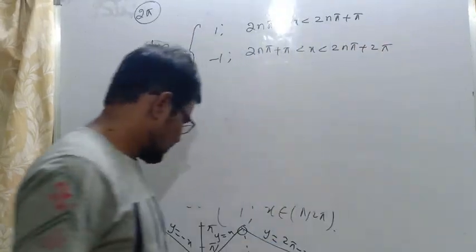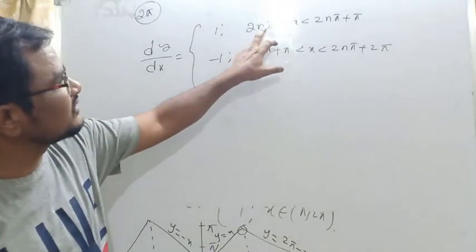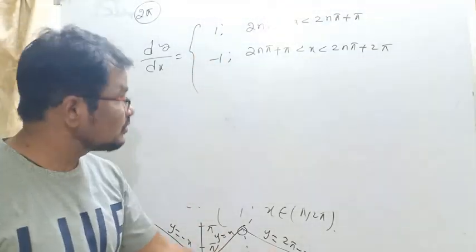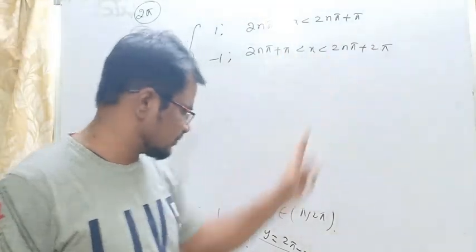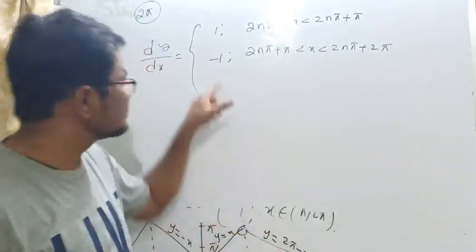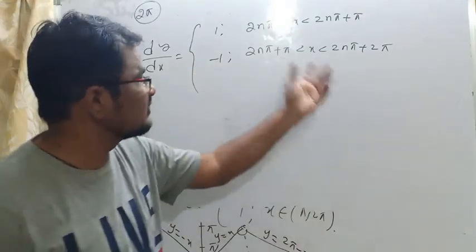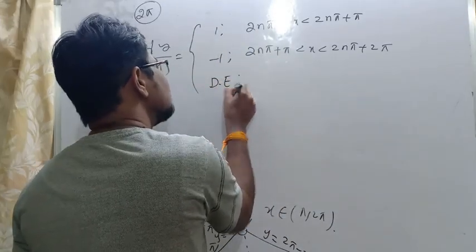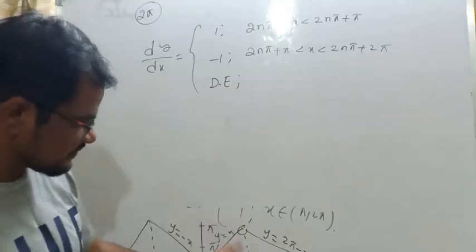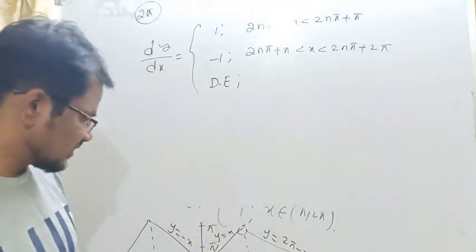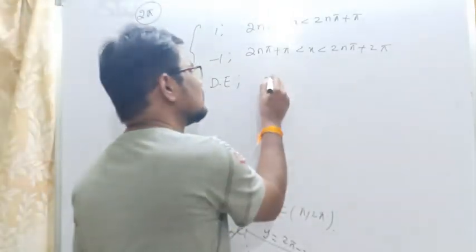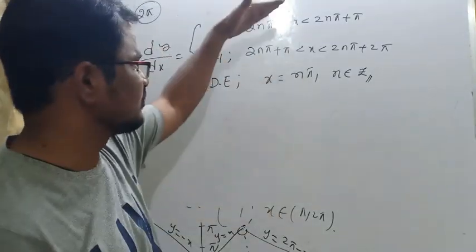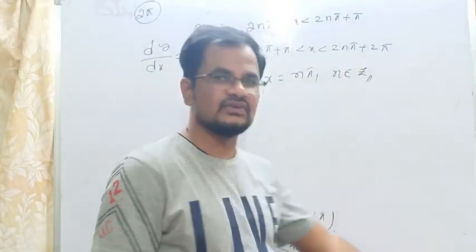Observe, whenever 0 to pi, n equal to 0, if you take 0 to pi, differentiation of this one is 1, and pi to 2 pi, n equal to 0, if you take pi to 2 pi, differentiation of this one is minus 1. Means not only here, if you take n equal to 1, for all the integers it exists. Now it does not exist when differentiation of this one does not exist, at x equal to pi and minus pi, means x equal to multiple of pi, where n belongs to integer. So here n is an integer, if you take all the intervals you will get it.